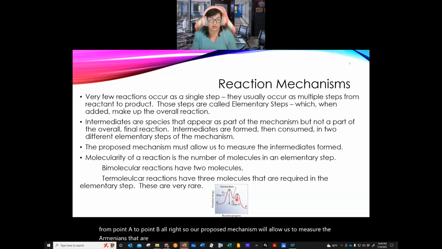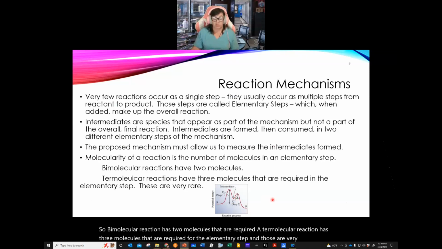The molecularity of a reaction is the number of molecules in an elementary step. So a bimolecular reaction has 2 molecules that are required. A termolecular reaction has 3 molecules that are required for the elementary step, and those are very rare. Okay, it always has to be more than 1 molecule, unless that molecule is decomposing. All right, if it's the decomposition of 1 molecule into more than 1, then it's only that one thing that we made. Okay,